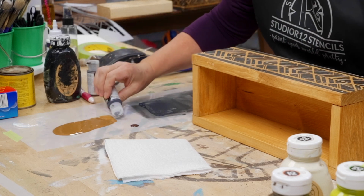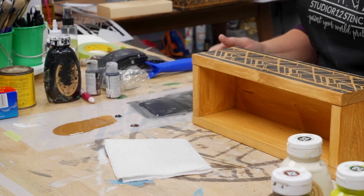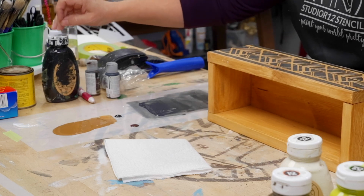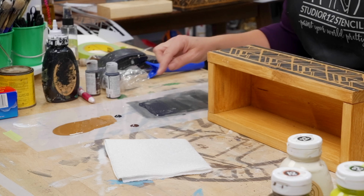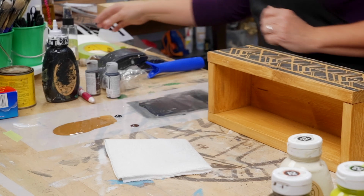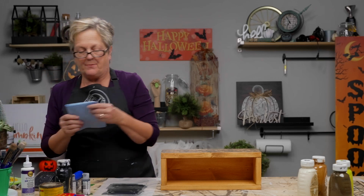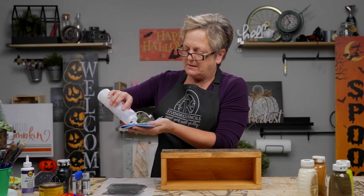Do make sure that they're shook up. I don't know that you can see it on camera. This is the black from Sherwin-Williams. And it's black, but it's not rich black. And then this is the brown, and it is just rich, rich, rich. It's just beautiful. I'm going to use a blue paper towel, and we're going to wet it